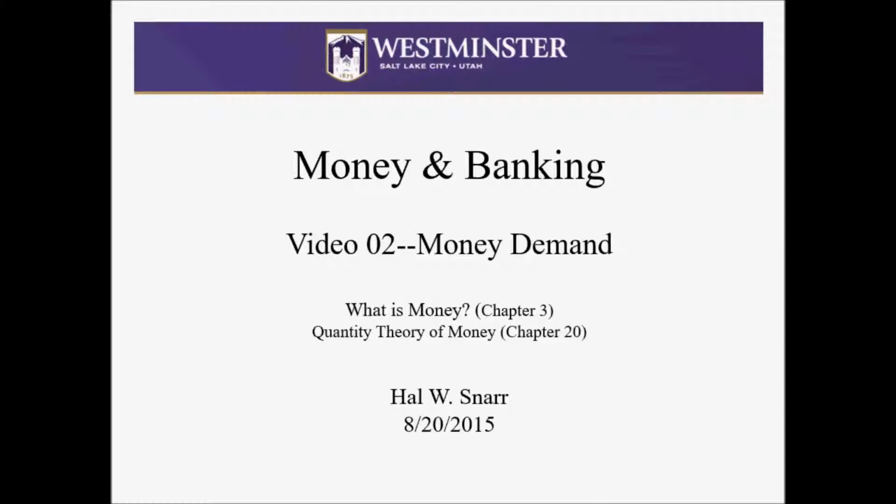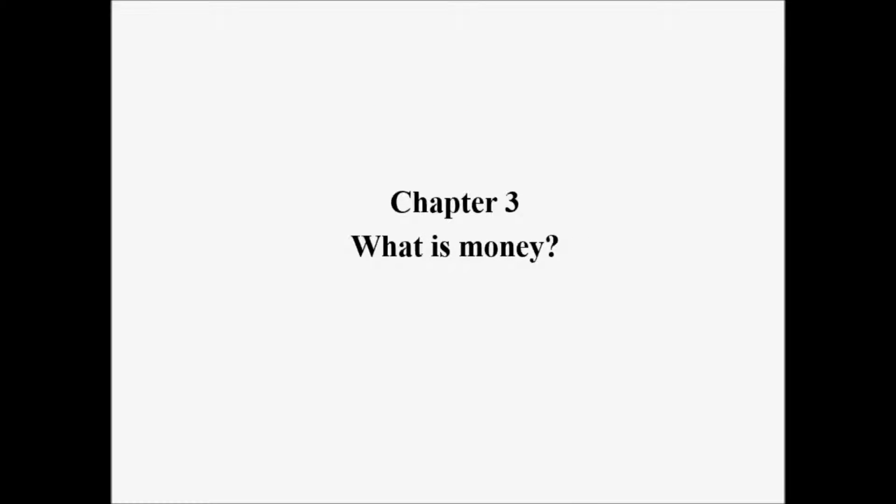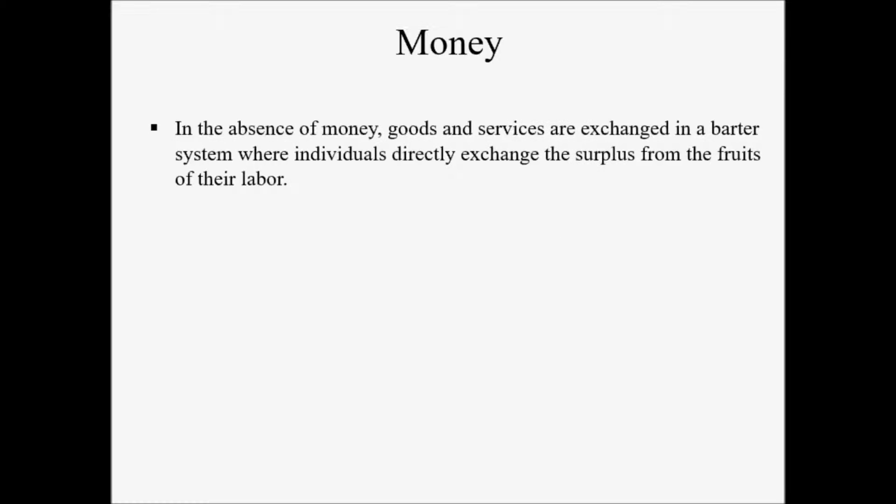In Chapters 3 and 20, we're going to define money and then use quantitative theory of money to derive money demand. Before we define money, it's important to understand what kind of system was in place before there was money. In the absence of money, goods and services are exchanged in a barter system where individuals directly exchange the surplus